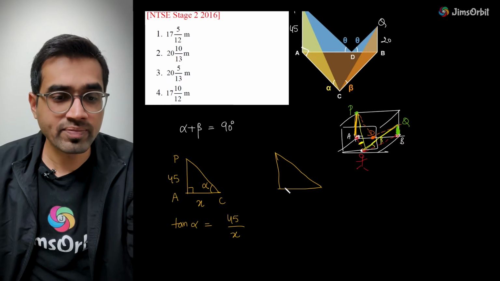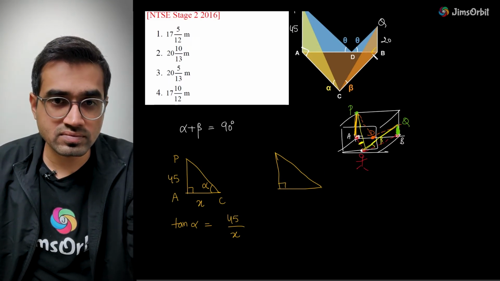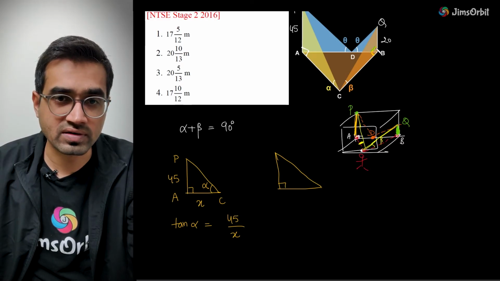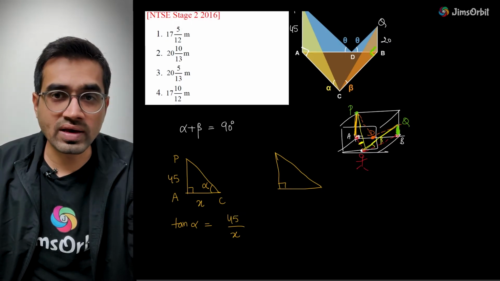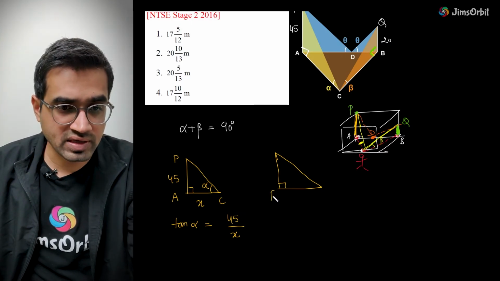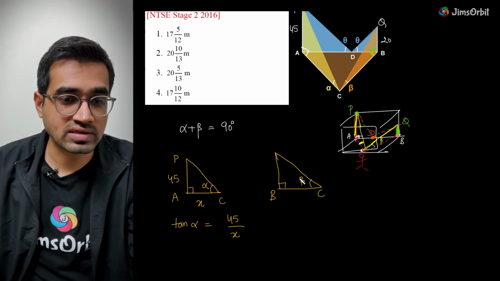Wait, there will be a time when you will understand this. Just a minute. Now another one is at B. This one, beta, the green pole. If you notice, this is B, you are looking from C, and this is beta, not B.